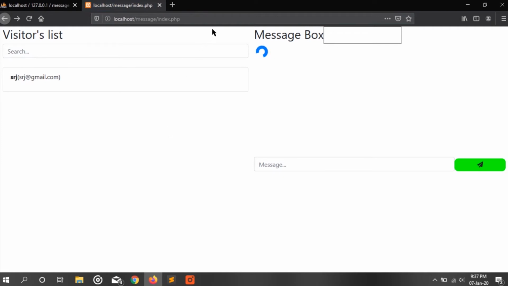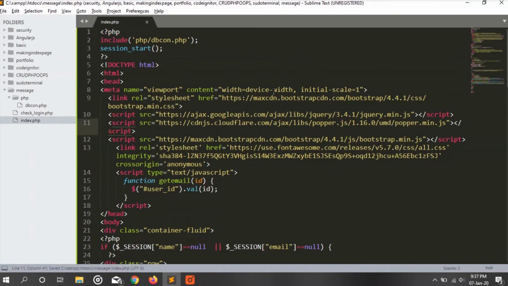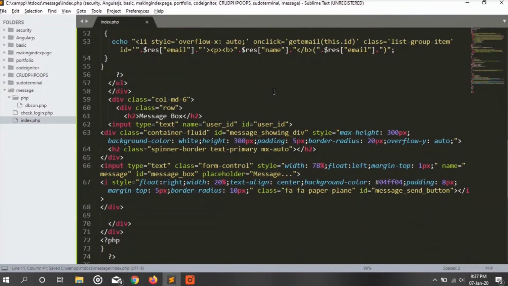which is hidden in the message box. So we will refresh the page and click on the visitor list, so that we will have our email here. Now we will make that input type text hidden.